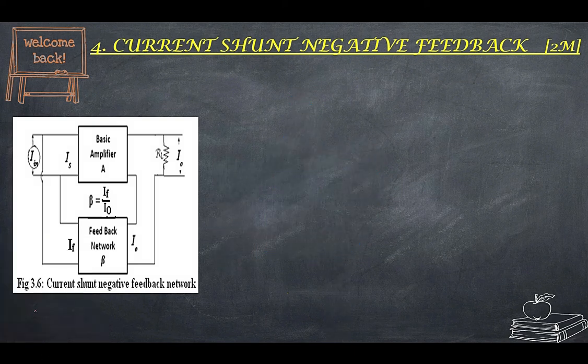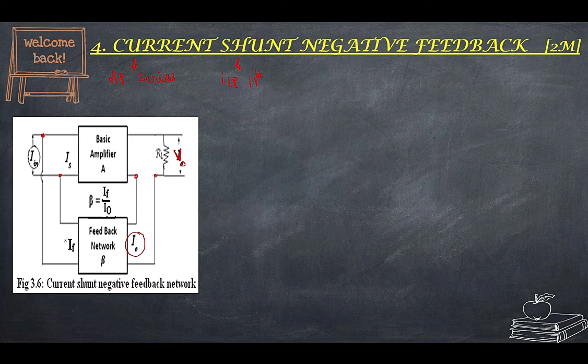You can see here current means series. First part is always output, output is for series. So it is a series connection. So I need to take IO only. Shunt means input and it should be parallel connection. You can notice there is an end-to-end connection. There is no gap here.